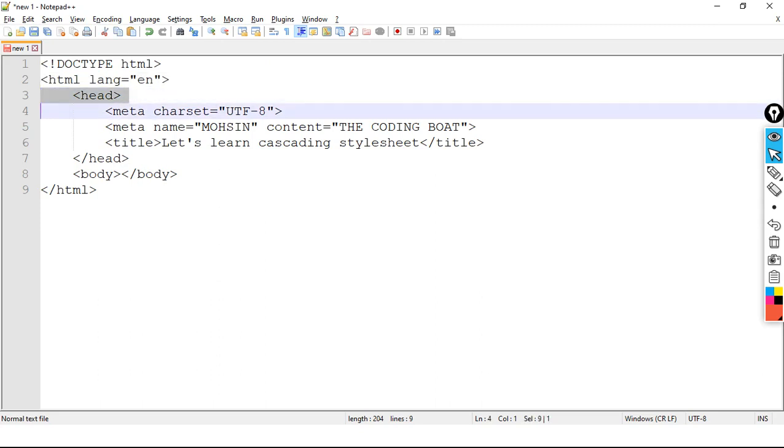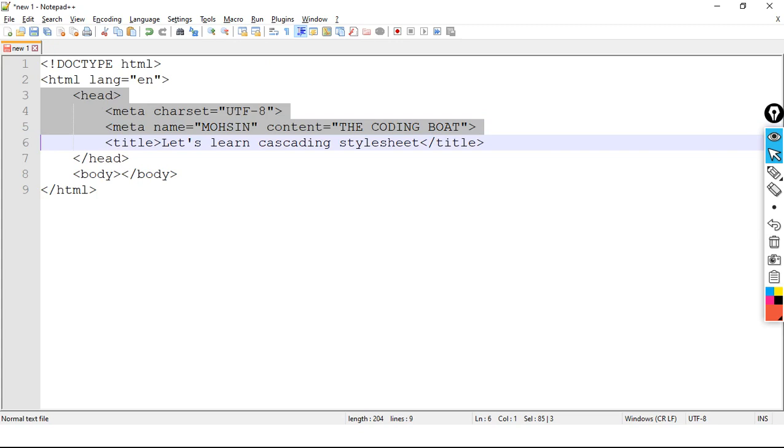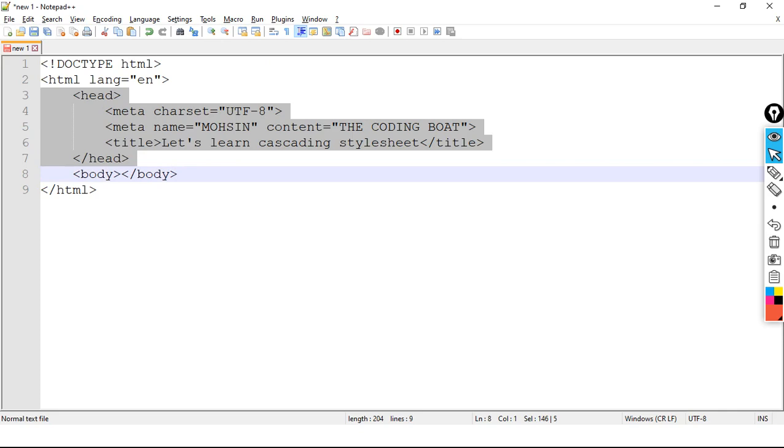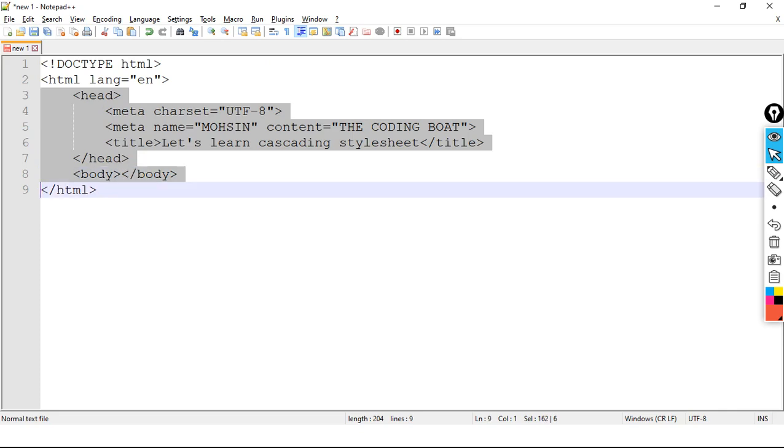Then we have the head section. In the head section we have the meta tag charset UTF-8, then the name of the author and content details. Then the title of the page, let's learn cascading style sheet. Then the ending of the head section, the opening and closing body section, and the end of the HTML document.